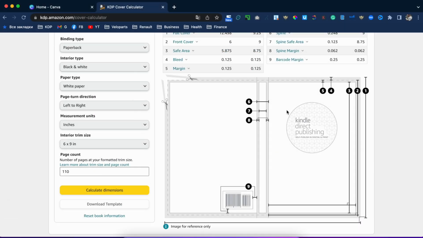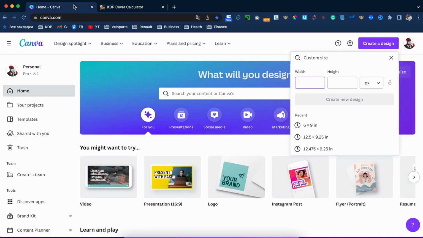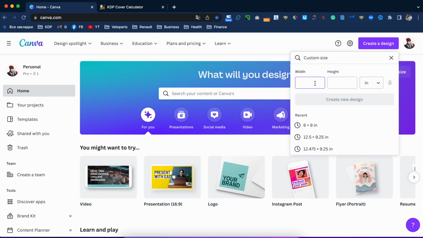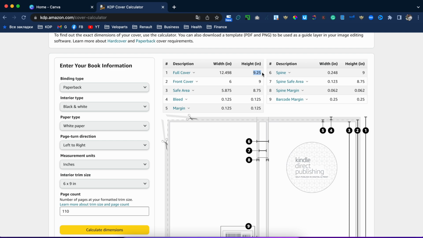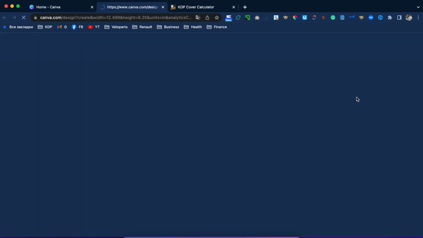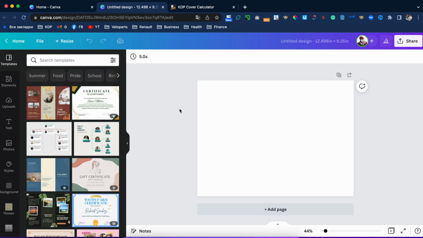So now go back to Canva and choose inches. Width: just Command C or Control C, Command V or Control V. The same with height. Go 9.25 inches. Yeah, create new design. So now you can see our dimensions.